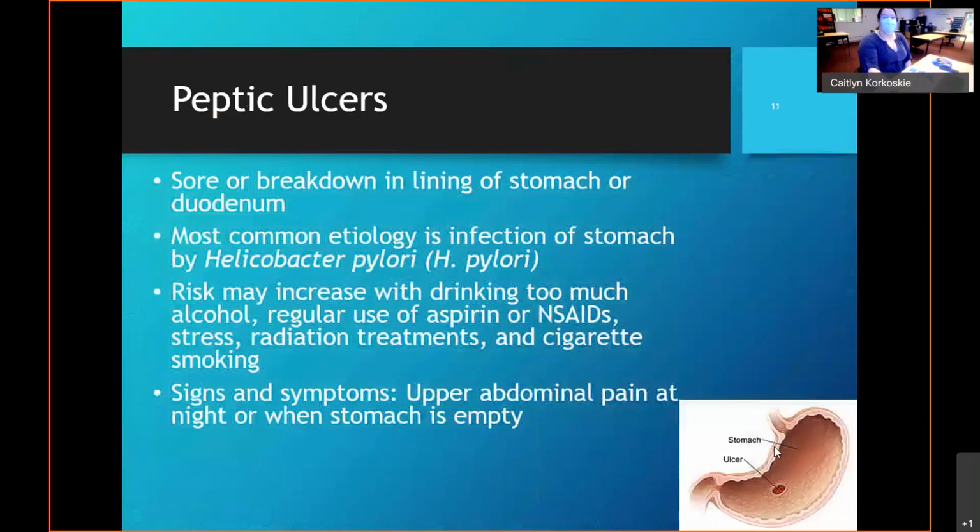A lot of times this is caused by stress. That's the most common thing, but also depending on what the person's diet is. So drinking too much alcohol, eating acidic foods or really spicy foods, taking too much aspirin or NSAIDs can cause that as well, because those types of medications should be